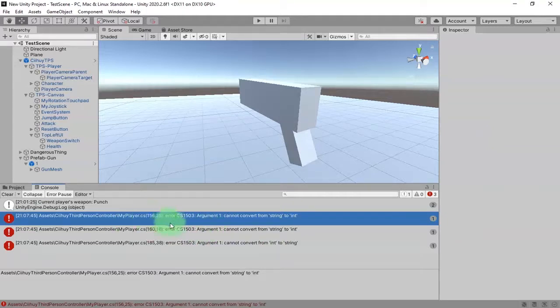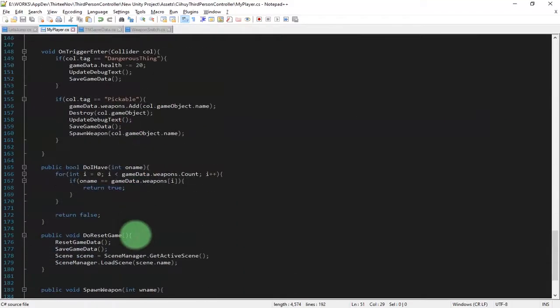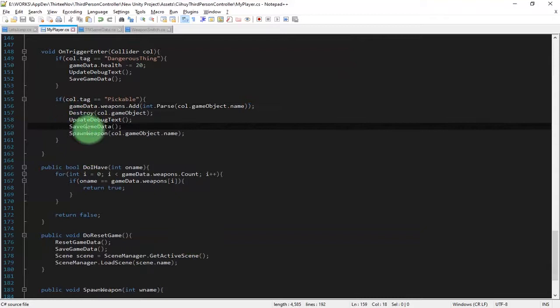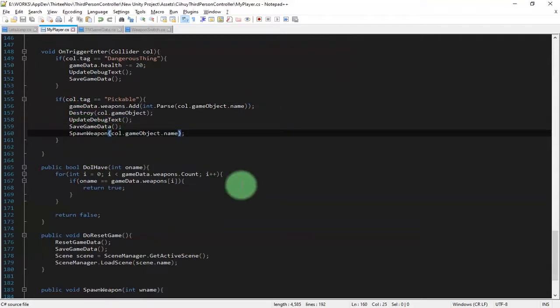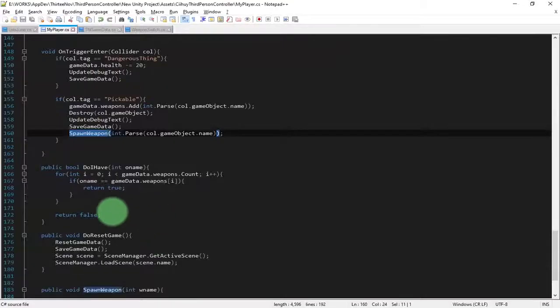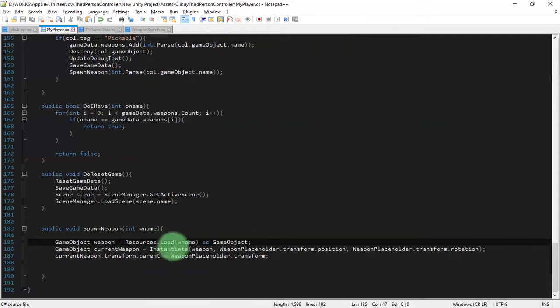And line number 156, it is here. Game data dot weapons add call dot game object dot name. Here I also need to call int dot parse. And what's next? 160 spawn weapon. Okay, int dot parse. And what's next? 185, okay,